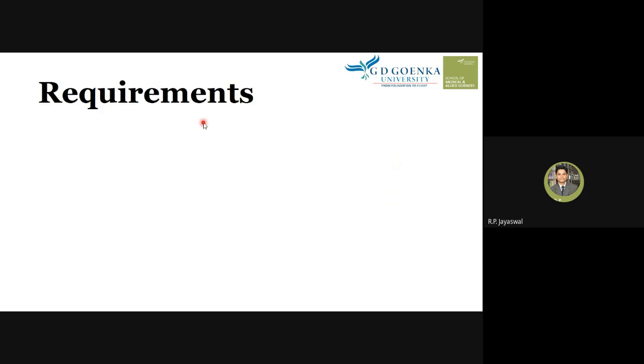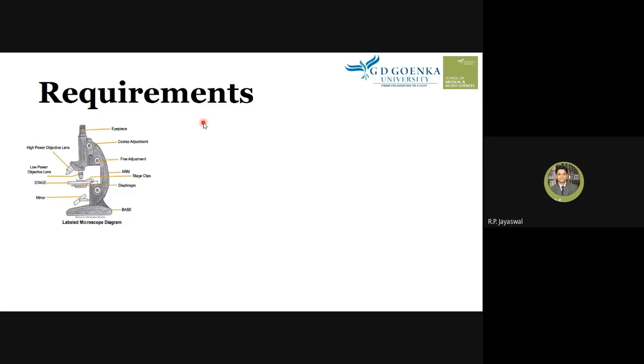Next, for the requirements, what do we require for this experiment? We require some materials so that we can perform the experiment in the lab. Here we don't require any highly sophisticated instrument or any solution to be prepared, as we need to study tissue slides. Our practicals, the experiments, are based on the study of tissue slides, which have already been made.